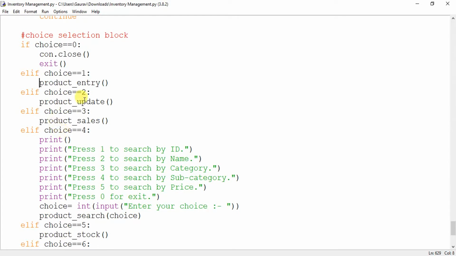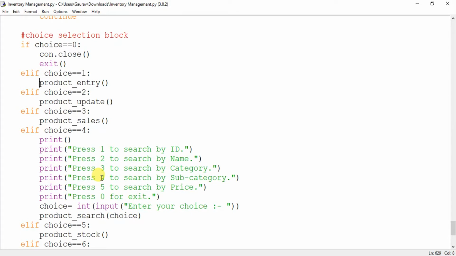So the approach will be, we will be designing this project function by function. We will be starting with the product entry function, then we'll go for product update function, then product sale, then after completing all these three we will go to the searching, and then reporting, and so on. So you must follow this approach of designing the project function by function.